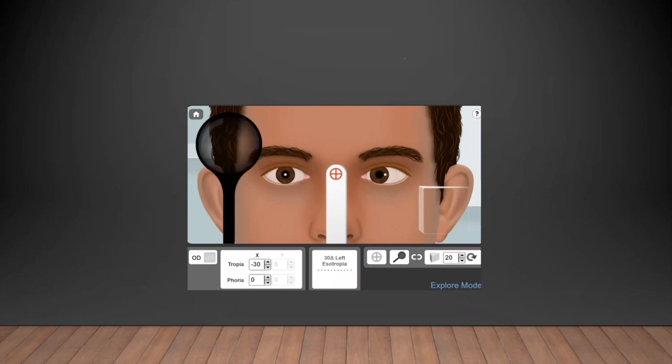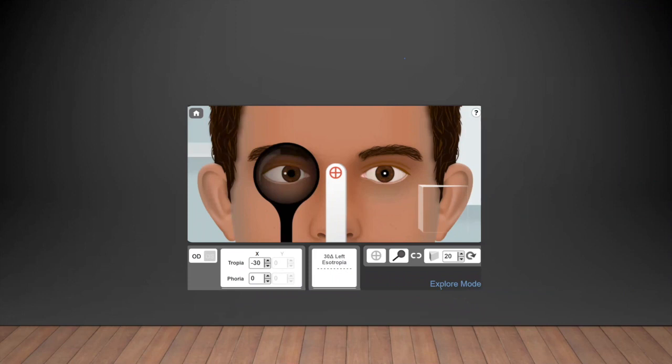When I'm covering the right eye, I covered the apparently fixing right eye, and I see that the left eye is going from inside outwards. Left eye will move out, correct. So since the left eye is moving out, what does this mean? On cover test, left eye is moving out. What does it mean? Does it mean that the left eye is fixating now? It means that the left eye is fixating right now, yes.